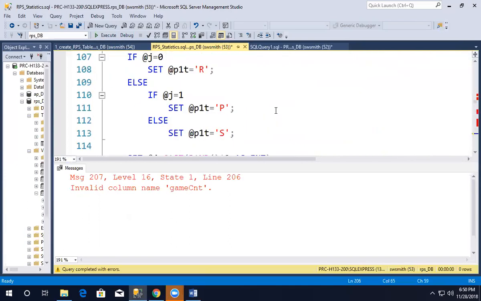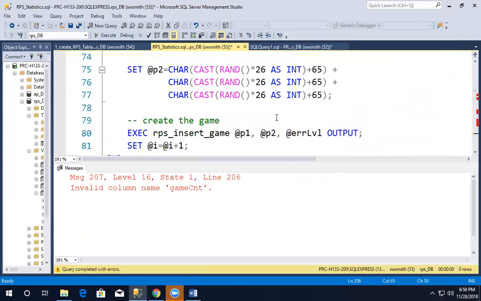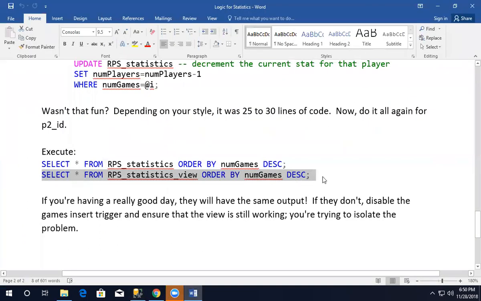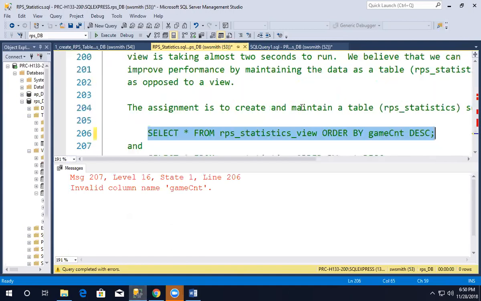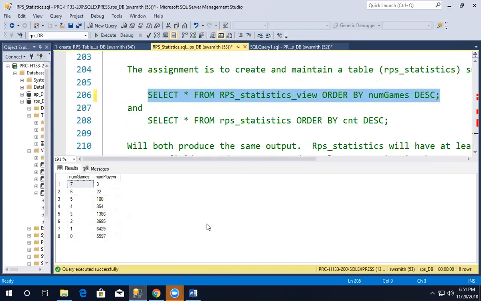Okay, what did I call it? Num games? Yeah, num games. Copy that. Oh, okay. Paste. Execute. Now,